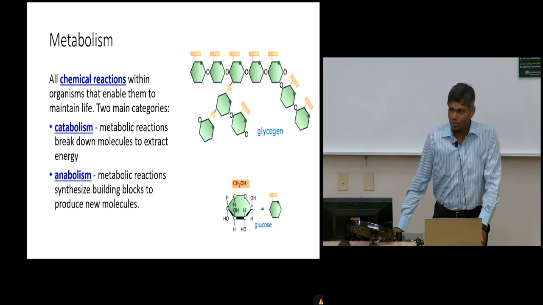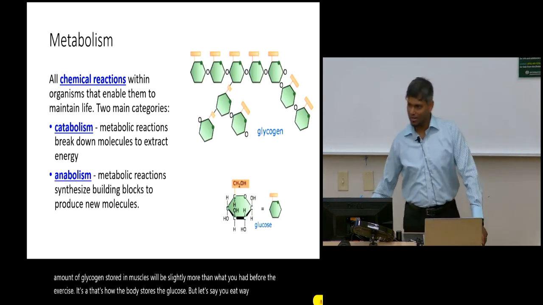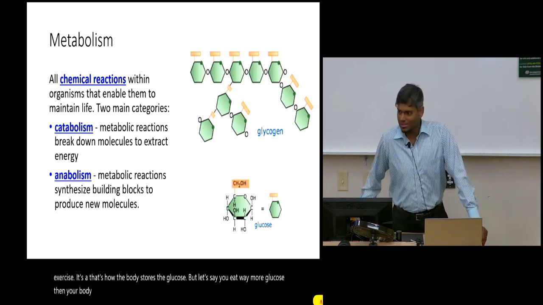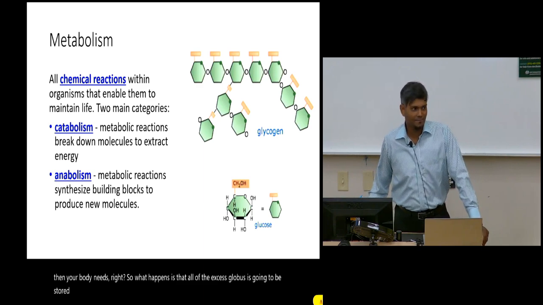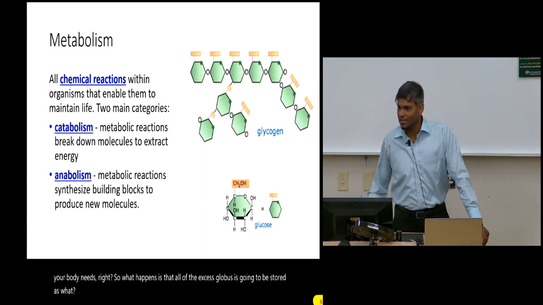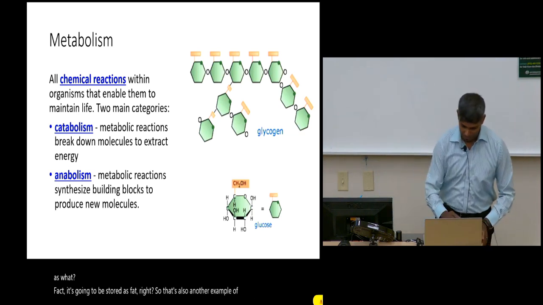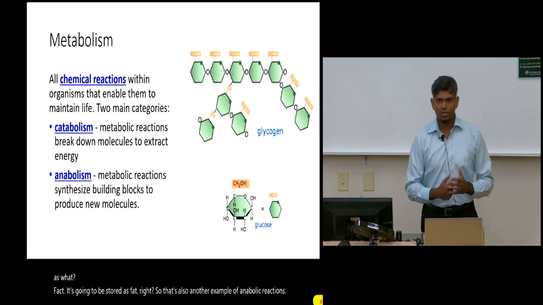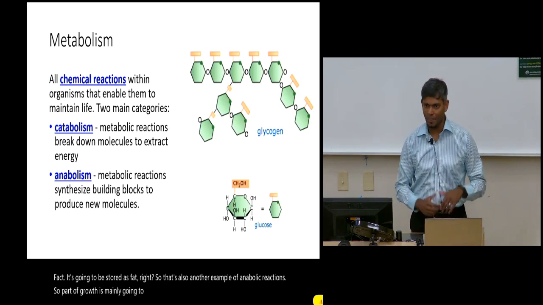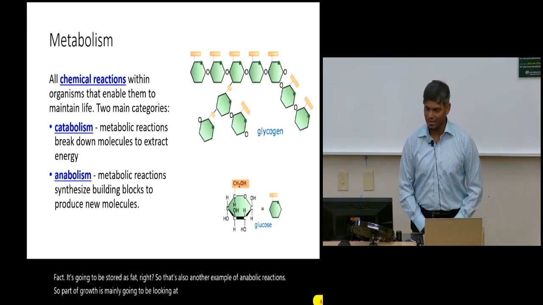But let's say you eat way more glucose than your body needs. All of the excess glucose is going to be stored as fat. That's also another example of anabolic reactions. Our goal is mainly going to be looking at catabolism in this series of lectures